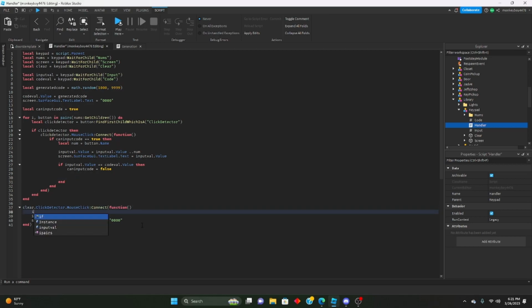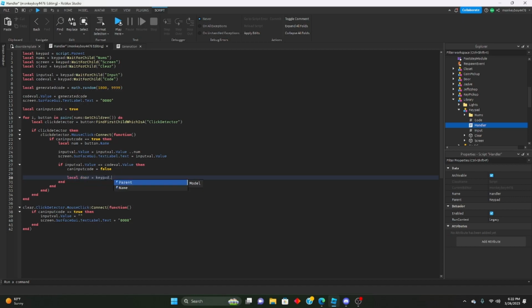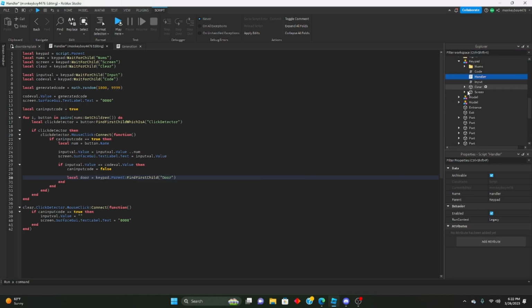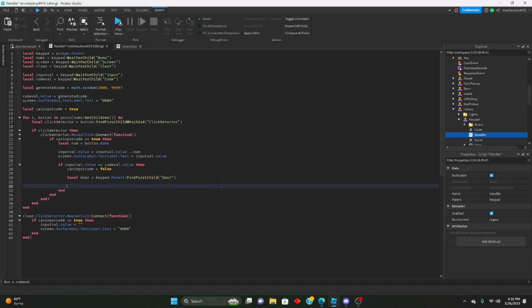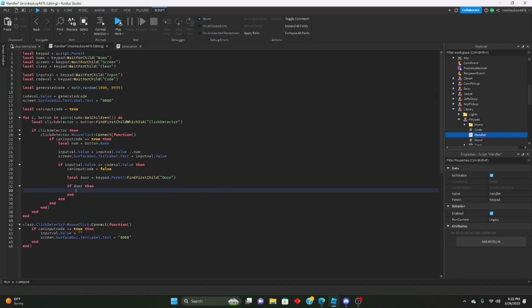We'll also put, I guess we could put it here as well. And then we need to find that door. So we'll say local door equals keypad dot parent find for child door. Okay. If door, then